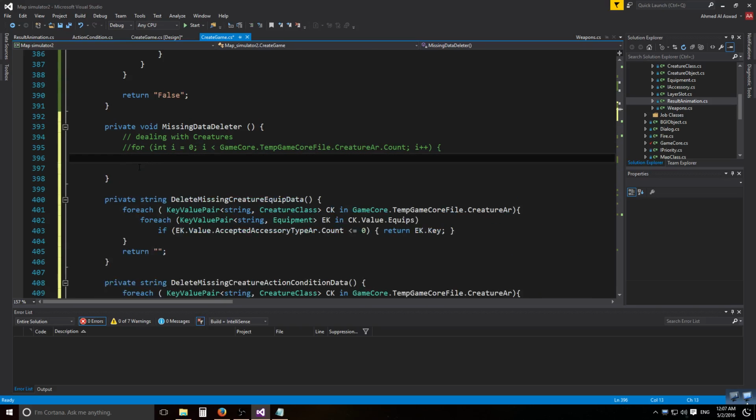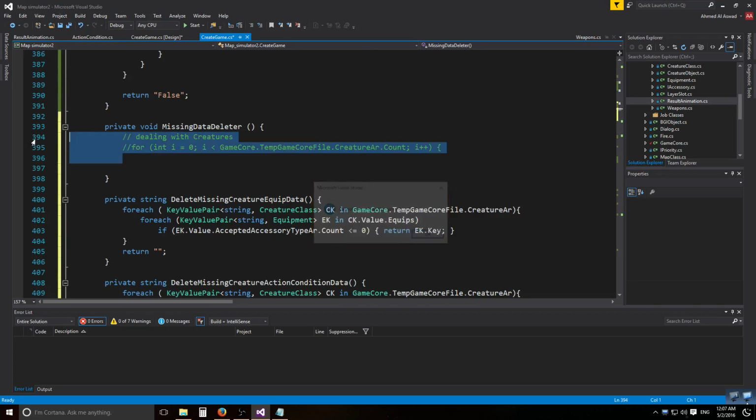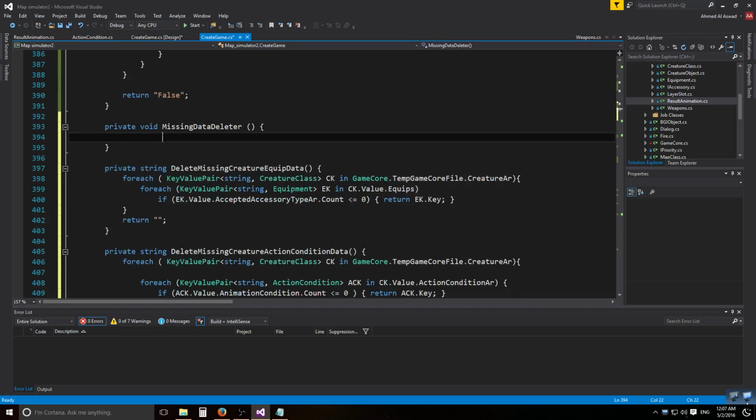Delete this. So okay, what's going on? This guy should check all the missing datas and delete them. Unfortunately, whenever we do the loop, the enumerator cannot delete the object of the same enumerator while it's looping. So what we are going to do, we will call this function, and while this function is not empty,